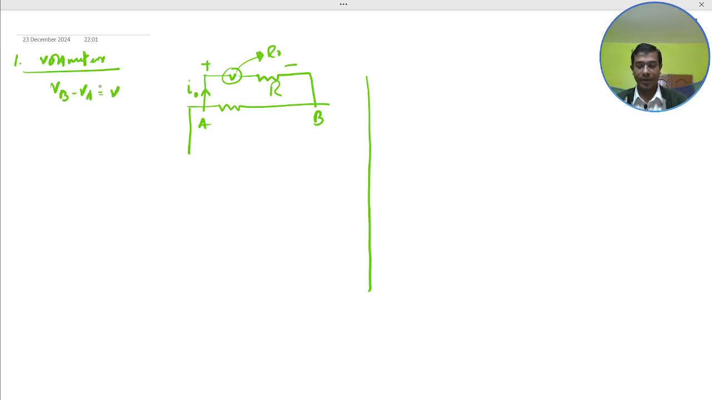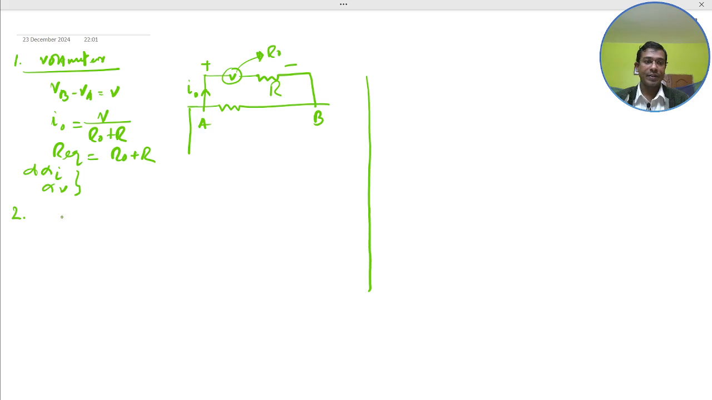The potential difference VB minus VA is equal to V. So the current in the coil I0 is equal to V by R, meaning V by the resistance of the coil plus R, the high resistance. So the equivalent resistance of the voltmeter is equal to R0 plus R. So deflection is proportional to the current I0 and hence to V. Next one,